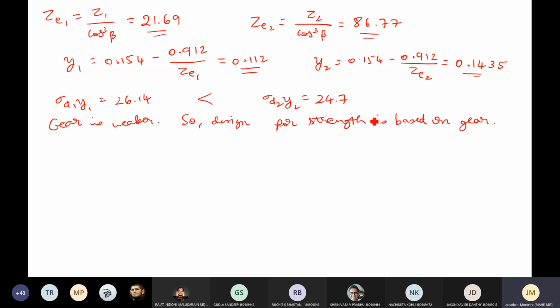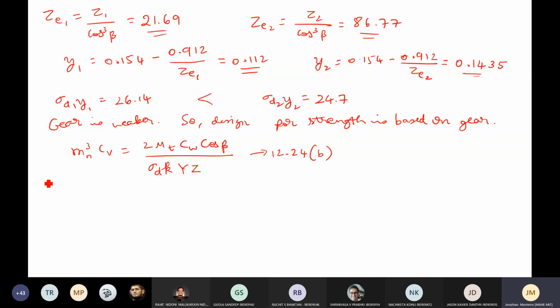Now, this is a situation where Z is known and diameter is not known. Then immediately our attention will go to Mn cube Cv, the modified form of the equation, into Mt Cw cos beta by sigma d, K, capital Y, Z. So this is the modified form of the equation we have been using, with all parameters according to 12.24p.